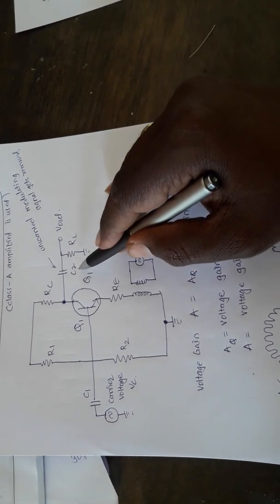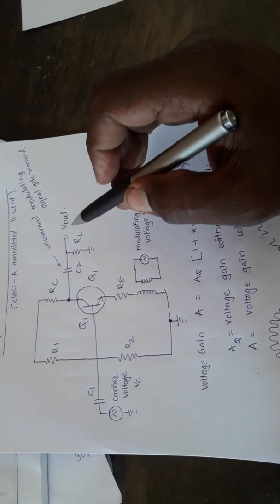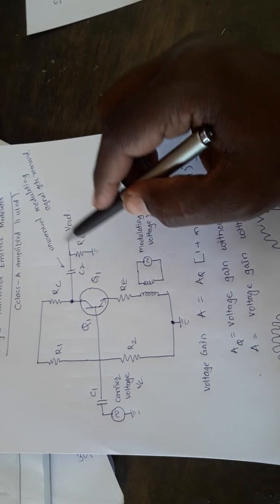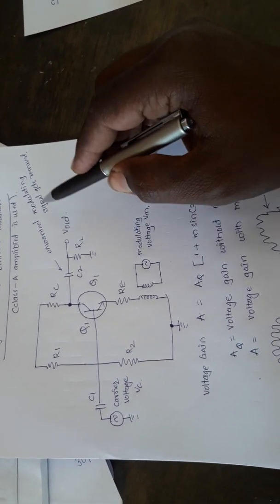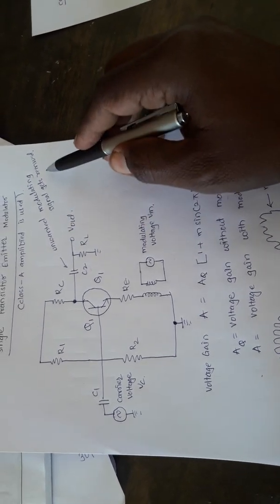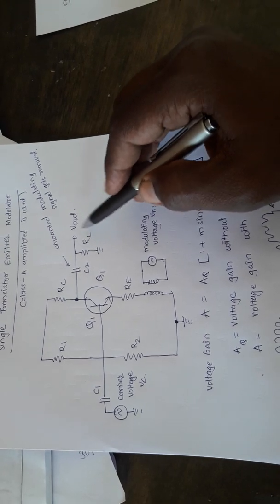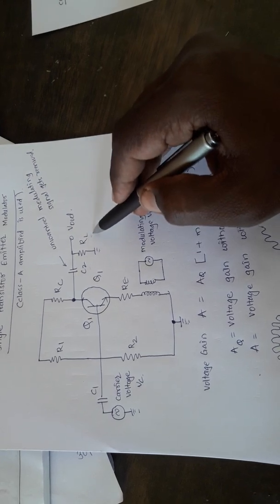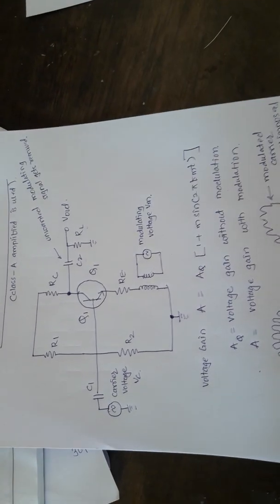Now, here we are observing another capacitor that we are using, called the C2 coupling capacitor. The purpose of using C2 here is to remove or filter the unwanted modulating signals. That is why the unwanted modulating signals get filtered with the help of C2, and the needed amplitude modulated envelope we observe at the load, that is RL, across the load at the output side.